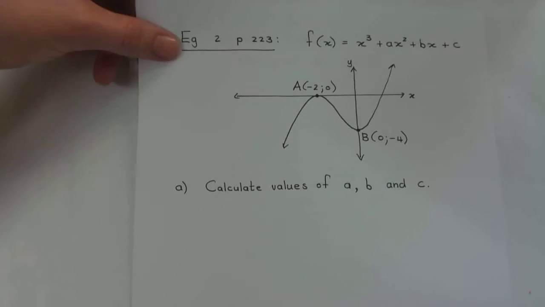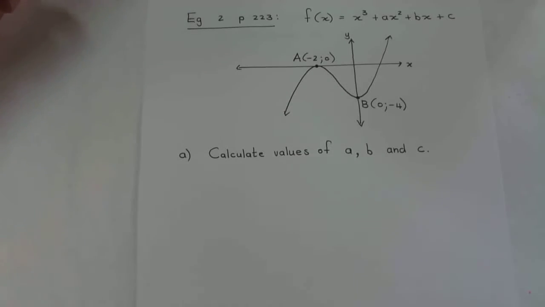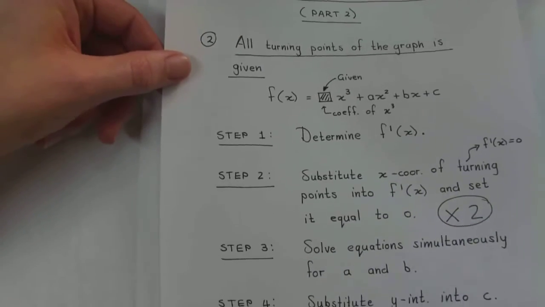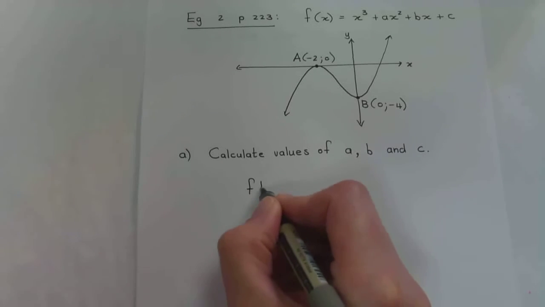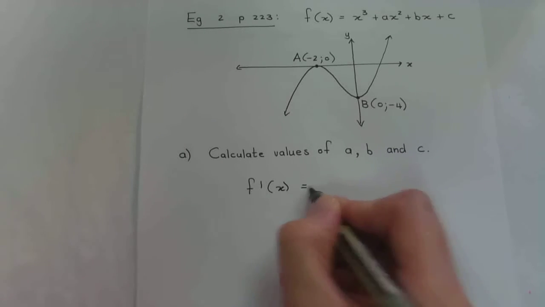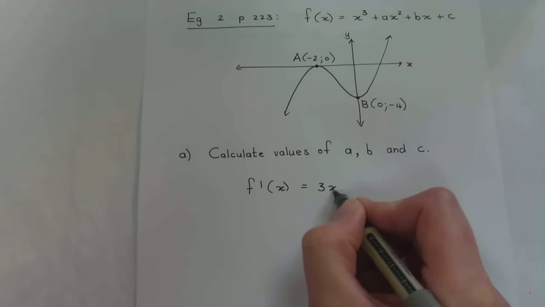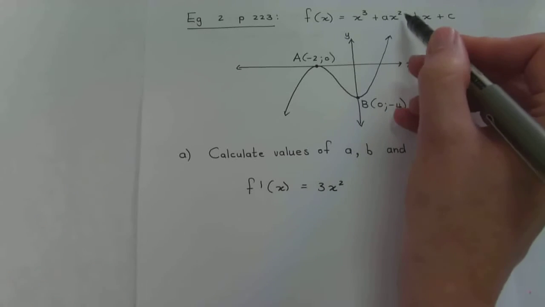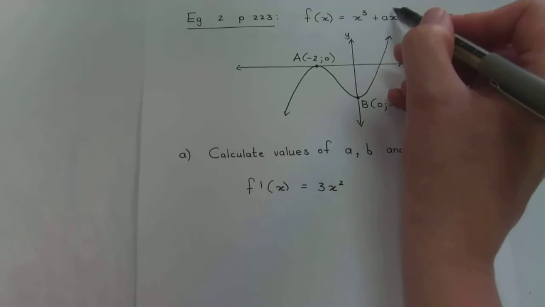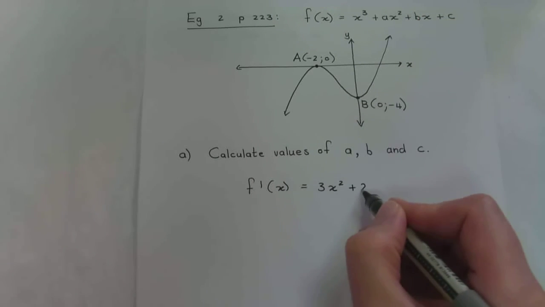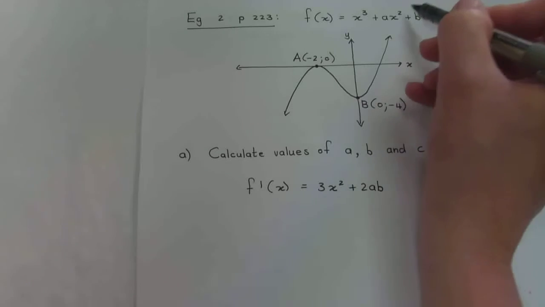So in order to do that, we're going to follow the steps. Step 1, as I stated, is determine the derivative. So there we go. Step 1, determining the derivative. First derivative of f(x) is equal to 3x squared. And this is the part where we have to determine the derivative in terms of a and in terms of b. So we're going to say 2 times a, which is 2a, x, and then we're going to make that exponent